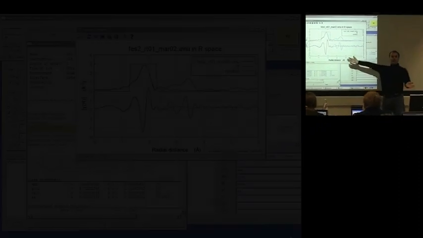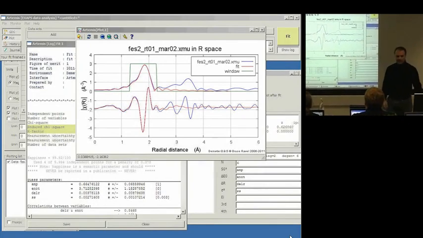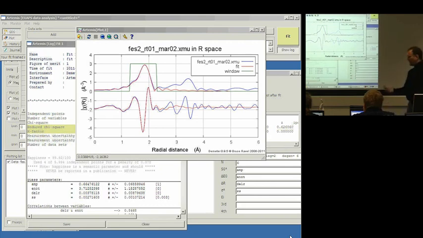So we have here a fit. And it's a reasonable fit, but it's a limited fit, right? All we've measured so far is the first coordination shell. And reasonable things happen. As we talked about before lunch, we got